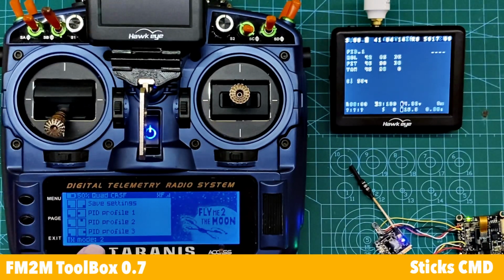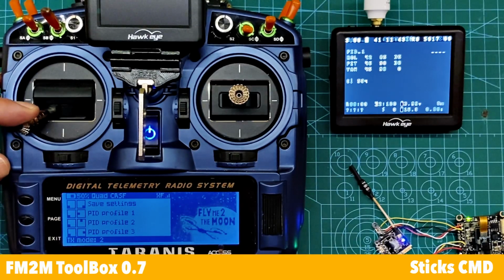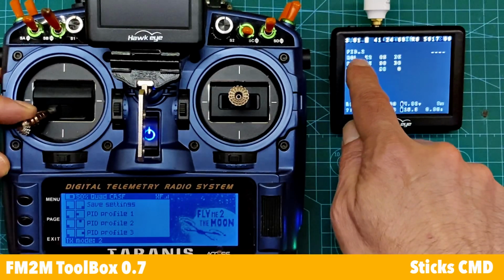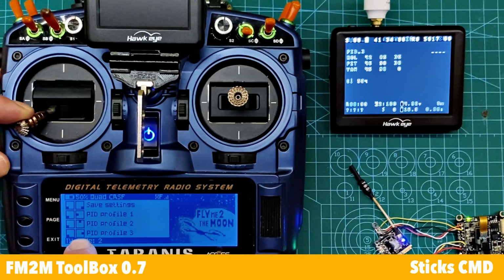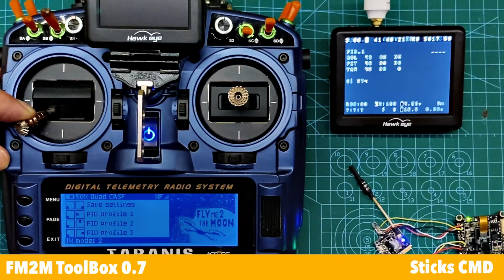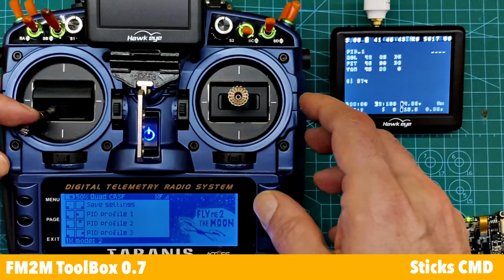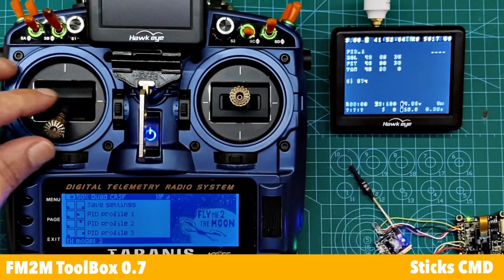So if our radio is mode 2, you have to go to the down left corner with the left stick, shift right stick to the left for PID 1. Then if I shift up, it will be PID 2 and right PID 3. So you can see now what the position of sticks is to issue this command, right? Let's go back to PID 1, and then you have the save settings to flight controller command. So left stick in the down left corner, right stick in the down right corner, and settings are